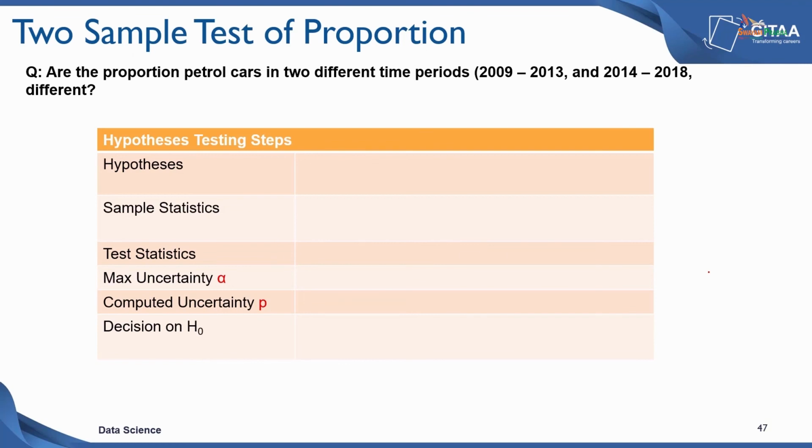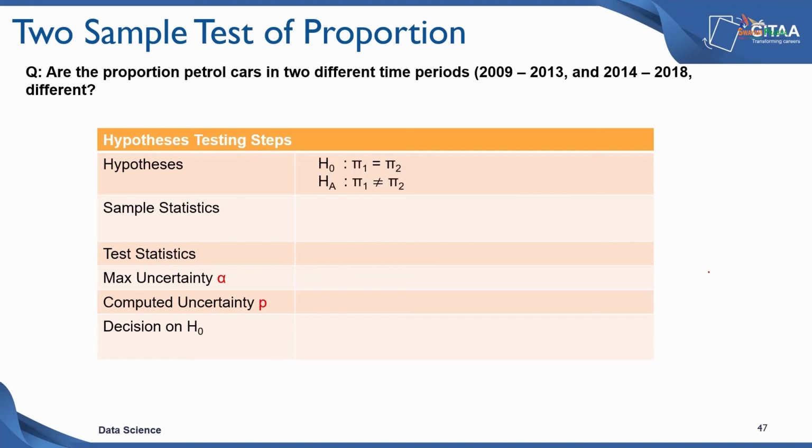Again, because we are partitioning the data into two distinct groups, those with an age of 0 to 5 and those with an age of 6 to 10, and there is absolutely no overlap between these two, these are independent groups. We are computing a percentage of petrol cars from each of these, and that's a sample statistic, and we want to understand whether we can conclude that there is a difference in the population percentages or not.